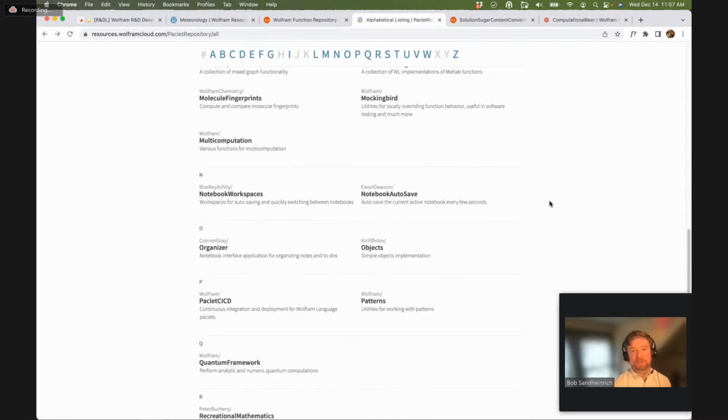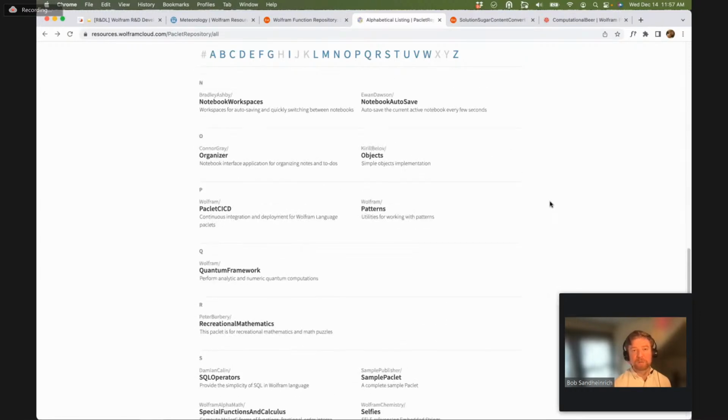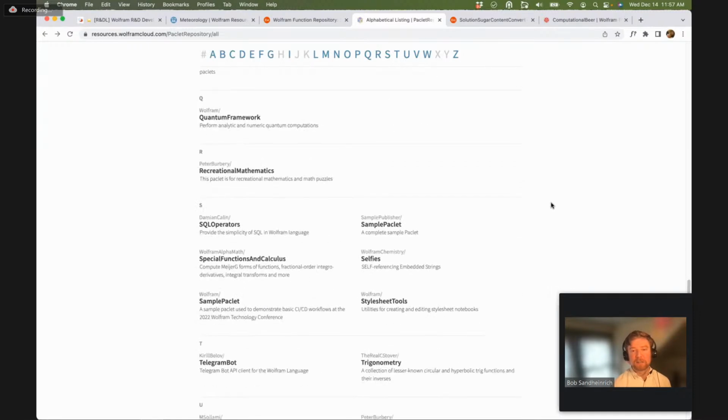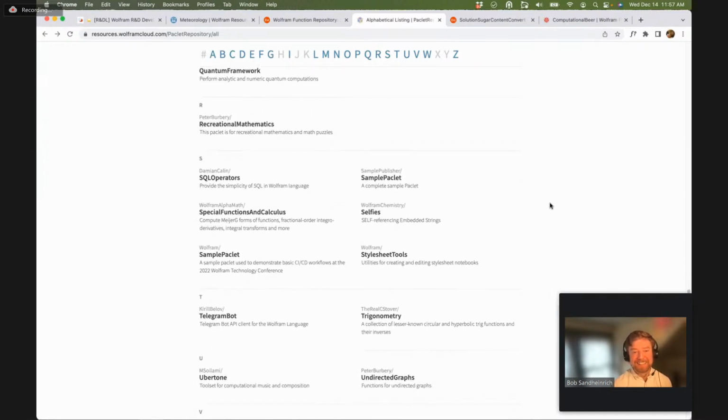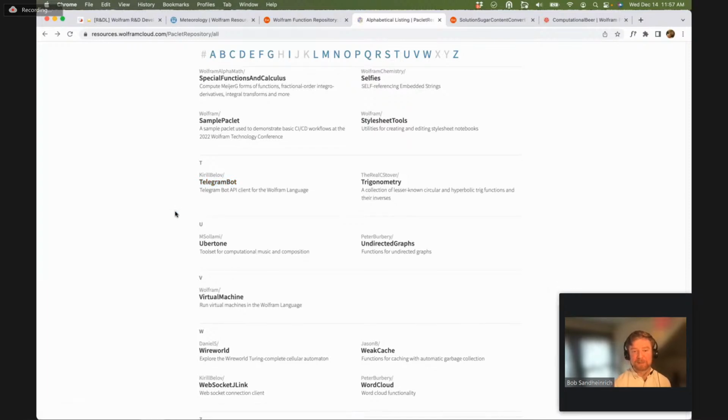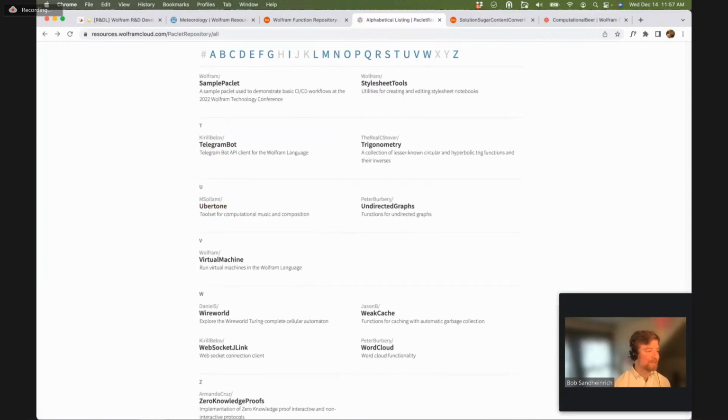The chemistry stuff is really cool, but I'm so ignorant about chemistry that I don't think I can use it well. Oh, this Telegram bot just came in the other day, and it's like a chat bot tool that seems to work, and it's pretty cool. So I'll pick that one too. All right. Here's a question from